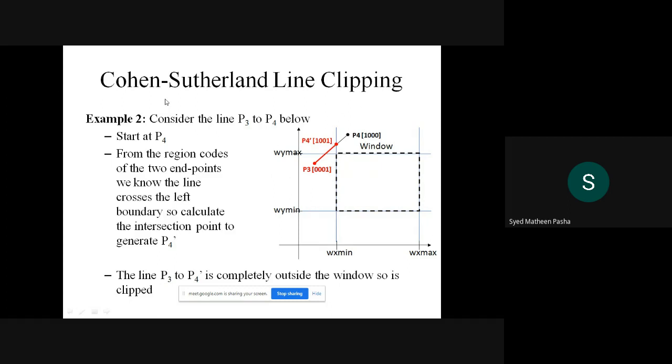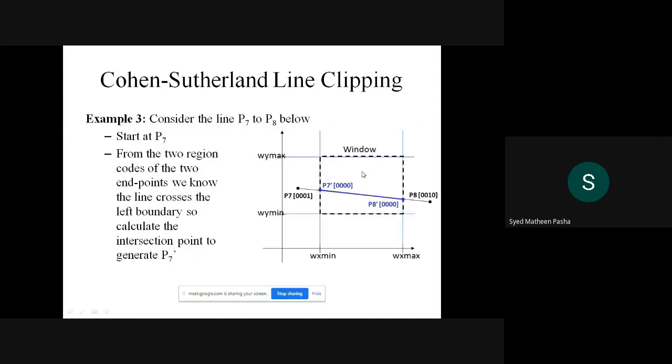In this example, I'm considering some part, because I should get an intersection. Once you get the intersection, this will be eliminated. Again, as the algorithm works in a looping format, this will also be eliminated because it is not lying inside the window. You want just the lines which are inside the window, not the lines displayed outside the window. The lines displayed outside the window are clipped with respect to that display part. So this is the second example.